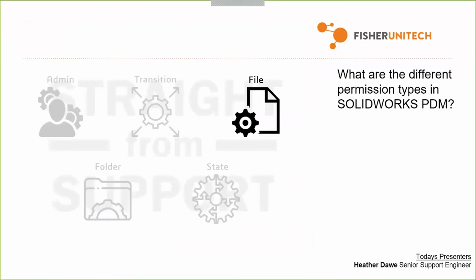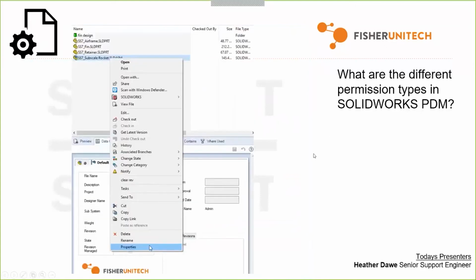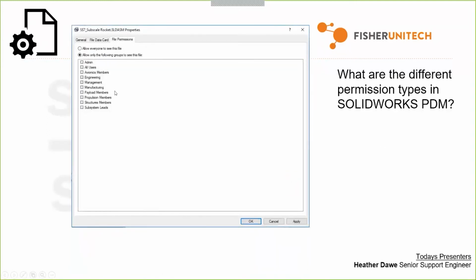The last type of permissions isn't in the admin tool, and this is probably the trickiest type of permission. I alluded to them earlier in the folder permissions, and these are file permissions. So file permissions are actually defined when you go into a file. Remember, we had the user permissions can update file-specific permissions. But if I go to the file, right-click, and hit Properties, I get this file permissions dialog, and I can only allow certain groups to see the file. Most of the time, I do not like to do this. There's also a way in the admin tool